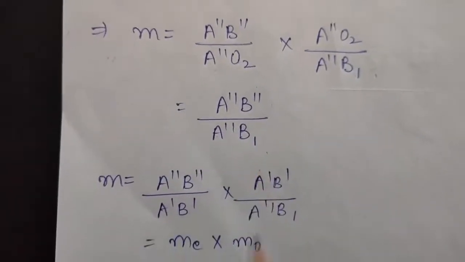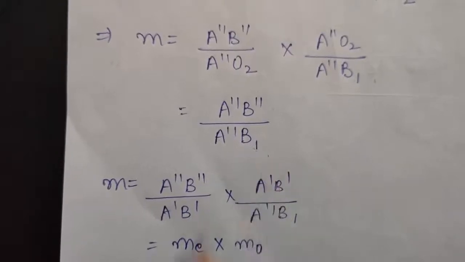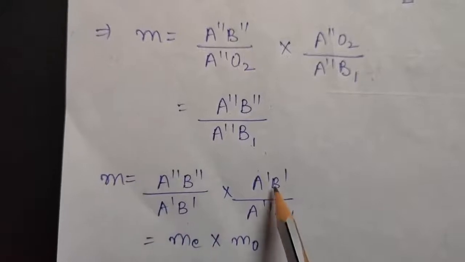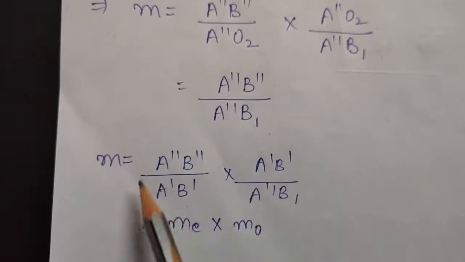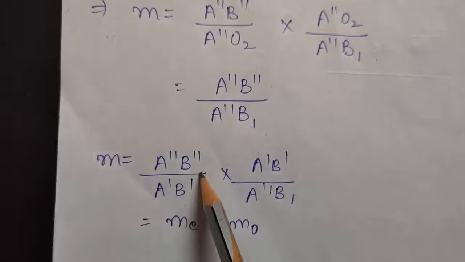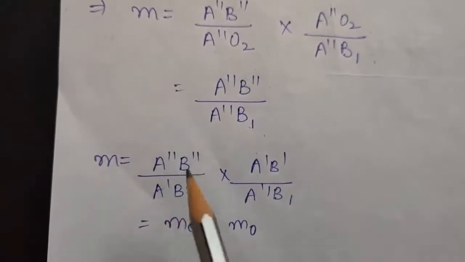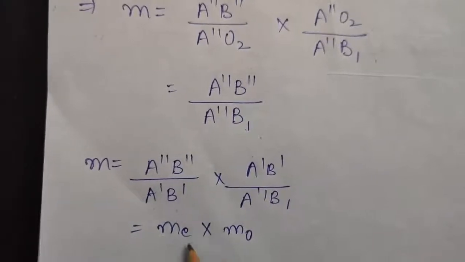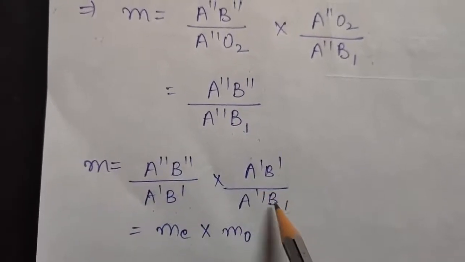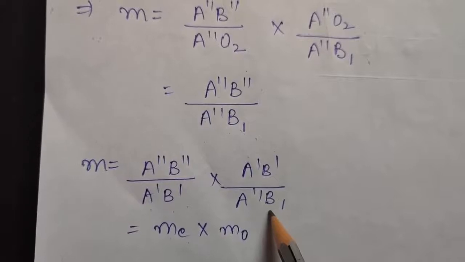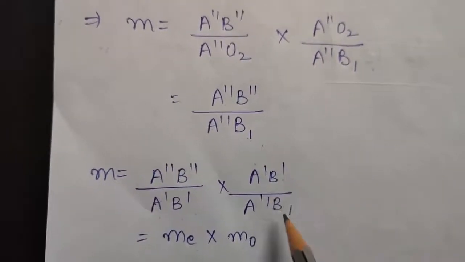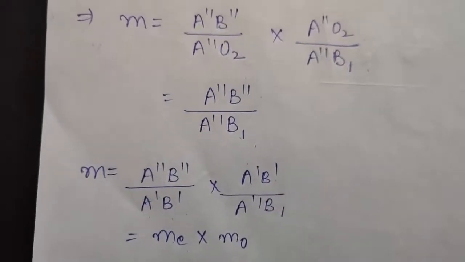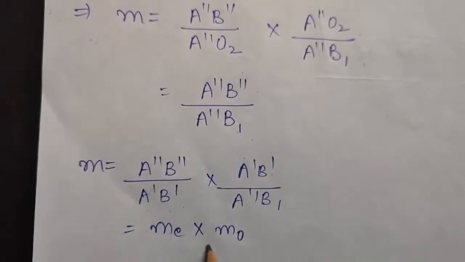Right? Now let us multiply and divide this equation by A dash B dash. Okay. So here also it is divided and here it is multiplied. Okay. So now if you look at this, this is the size of image and this is the size of object for your eye lens. So this is nothing but magnification due to eye lens, that is ME, and this is nothing but magnification due to your objective lens, that is size of image by objective lens upon, or you can say height of image by objective lens upon height of object. So therefore this is ME into MO.